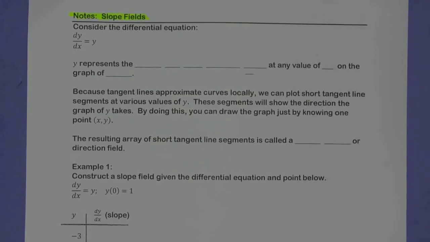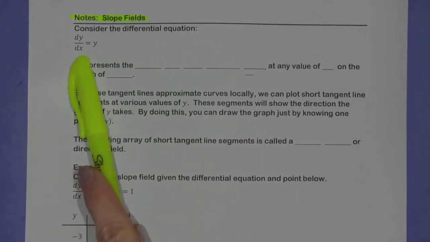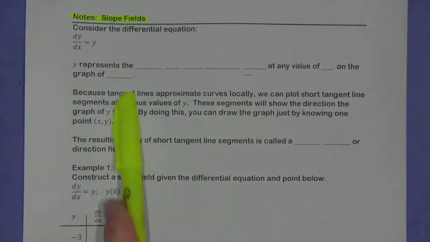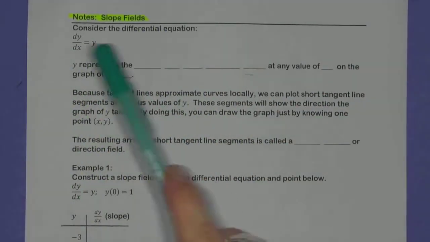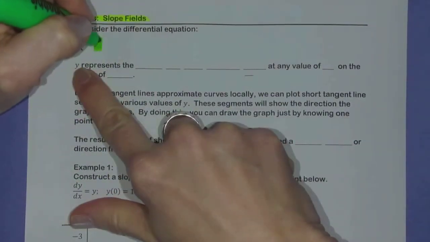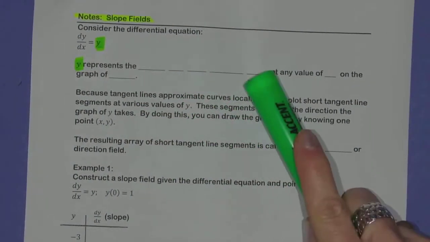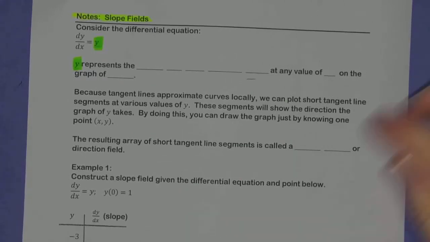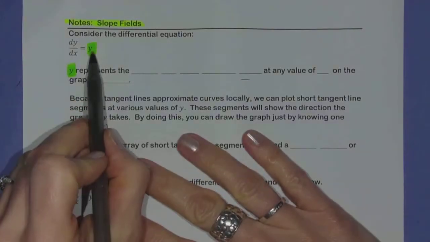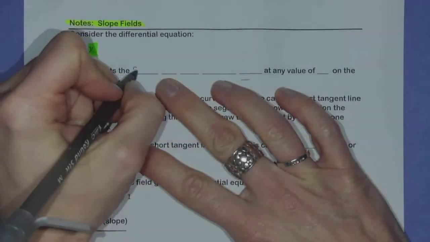And we've been working with differential equations, so that is how we start this lesson. It tells us to consider the differential equation dy/dx equals y. Okay? Now, we're going to fill in some blanks here. Y, this guy right here, so let me highlight that Y. This is the Y I'm talking about. This Y represents the blank. So we have to think back to our previous studies, and I am hoping that you're thinking that since y is equal to the derivative dy/dx, that y represents the slope